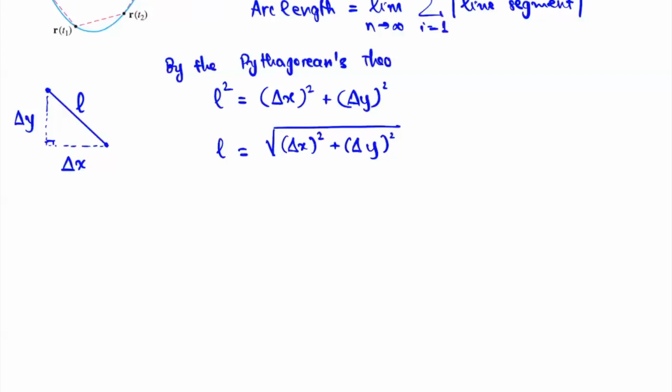So now remember what we are dealing with is a vector valued function. And the vector valued function depends on the parameter t. You agree with me? Okay. So for the vector valued function, there's always 2 or 3 components, depending on the dimensions that you're working with. Let's just assume we just have 2 dimensions. That's why we just have delta x and y. If you add in another dimension, you're going to do plus delta z squared. Okay. Now, since x and y